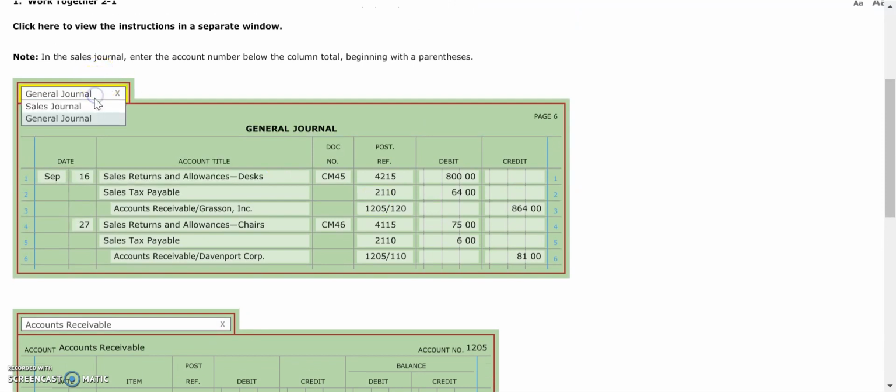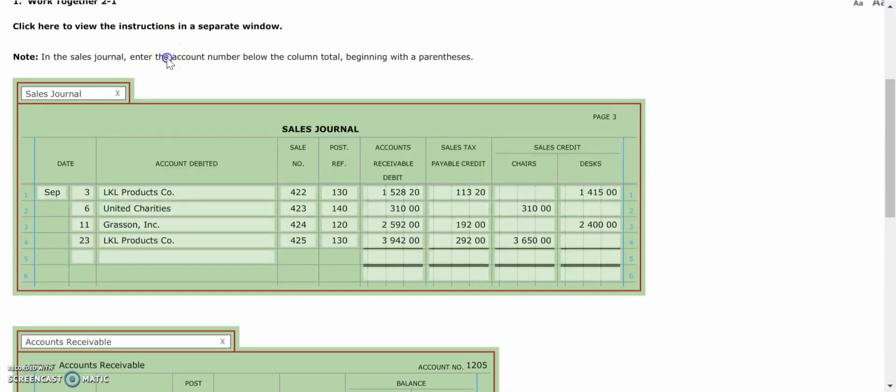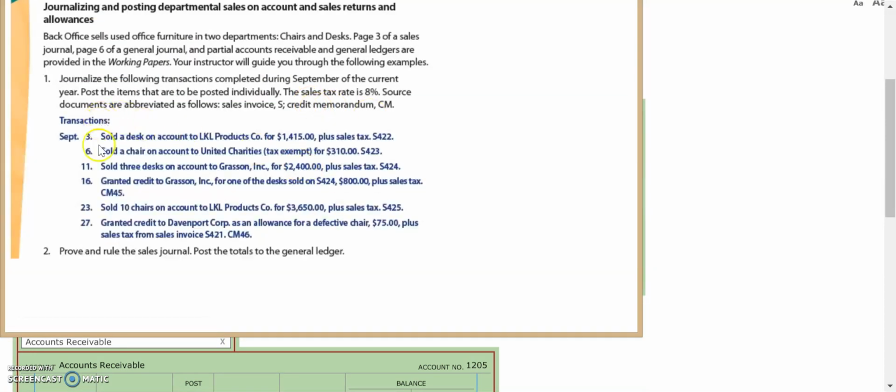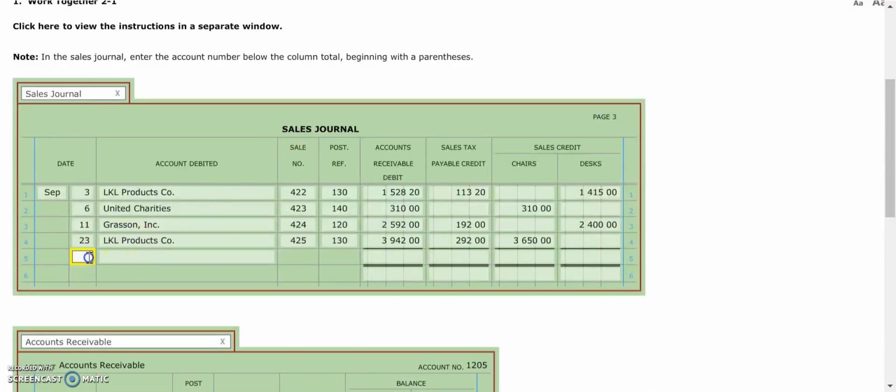So the last thing that we need to do, according to our instructions, if you remember, was for us to prove and rule our sales journal, and then we're going to post those totals to the general ledger. So if we flip back to our sales journal, September has 30 days. So we plug the 30th in, we type in totals, and then, oops, tab too far. All we're going to do is simply total up our amounts in our accounts receivable debit column. When we do that, we get